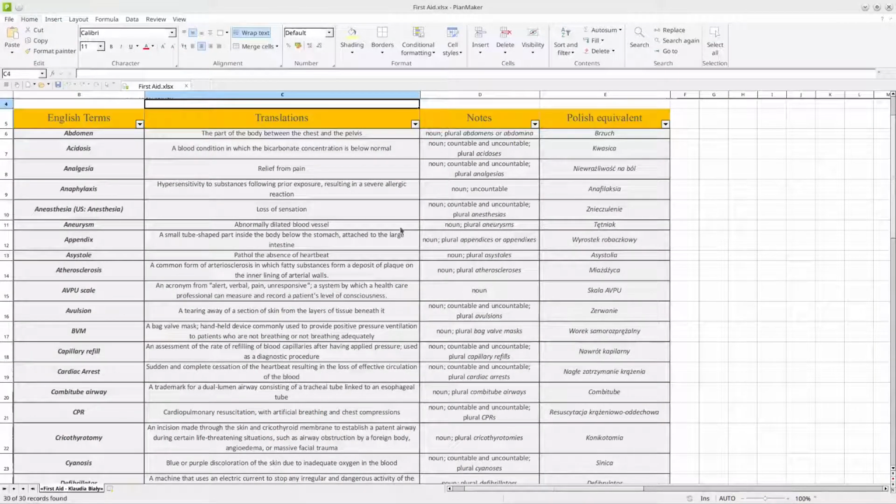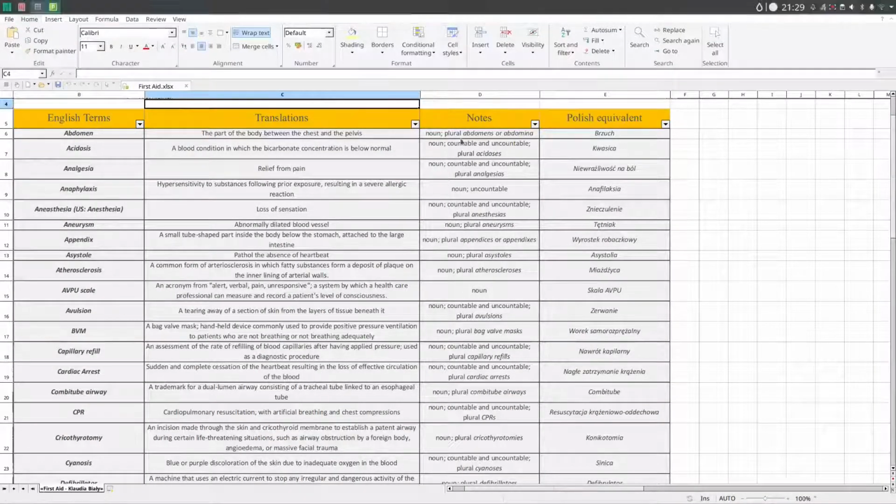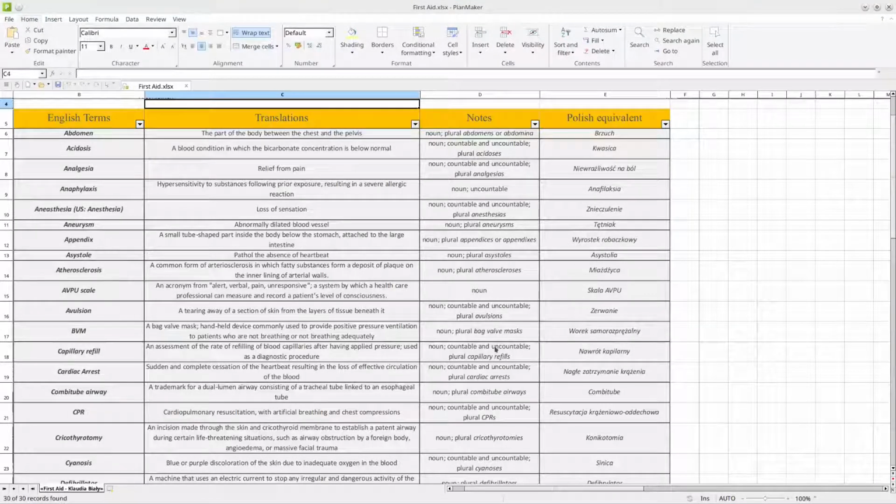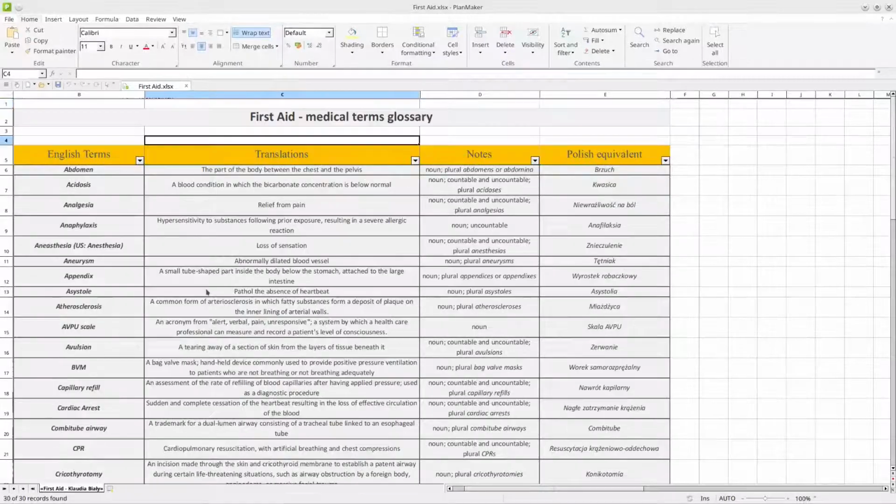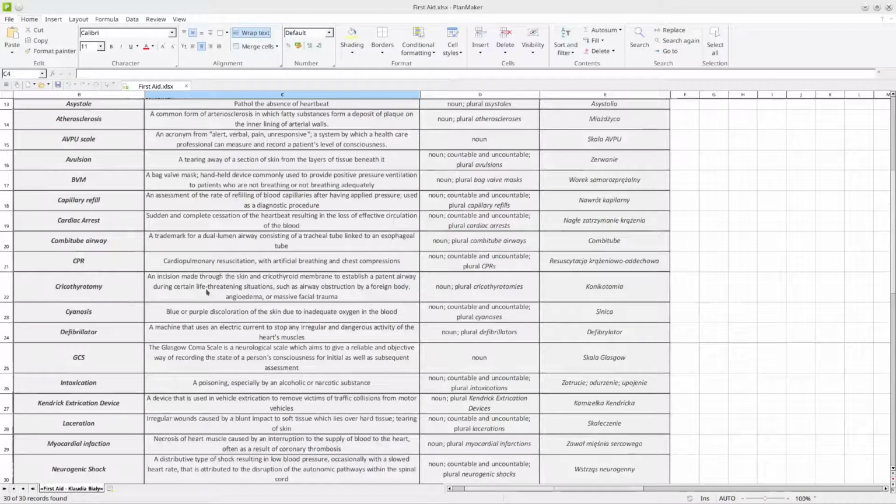Okay, and this gets opened in an application called Plan Maker, which is the equivalent of Microsoft Excel, and it works with Excel files. So we're going to use this glossary